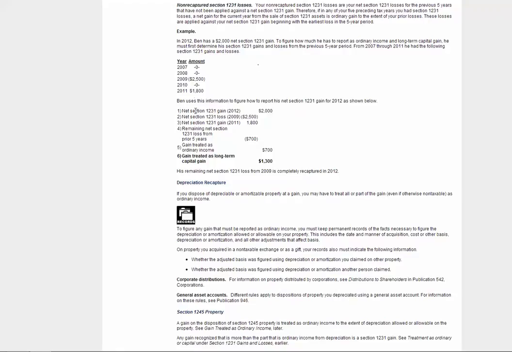Alrighty. So let's go on to Publication 544. Now we're a little lower. This is an example. So part of the problem with Section 1231 losses is when you take a loss, you get an ordinary loss. So let's say you're at the 35% tax bracket, you are benefiting from that 35% rate. And then